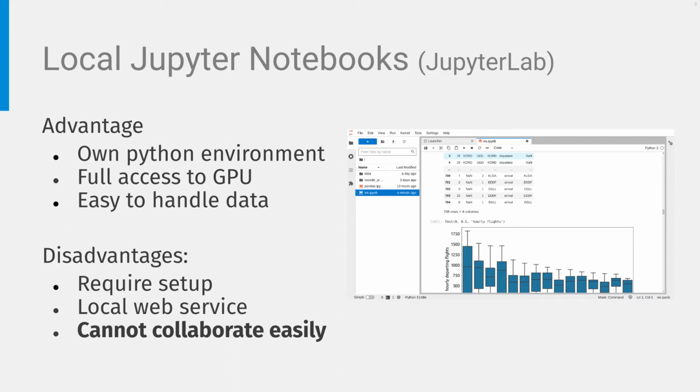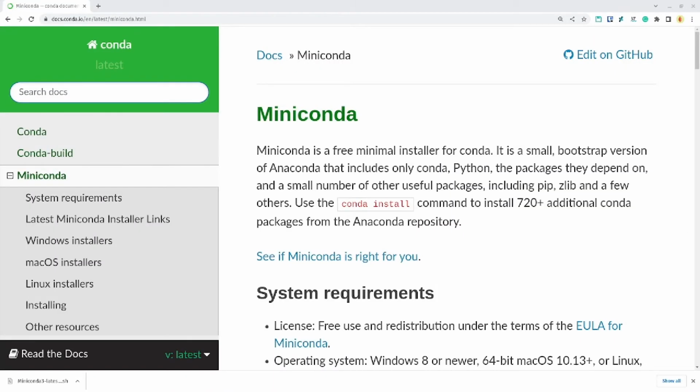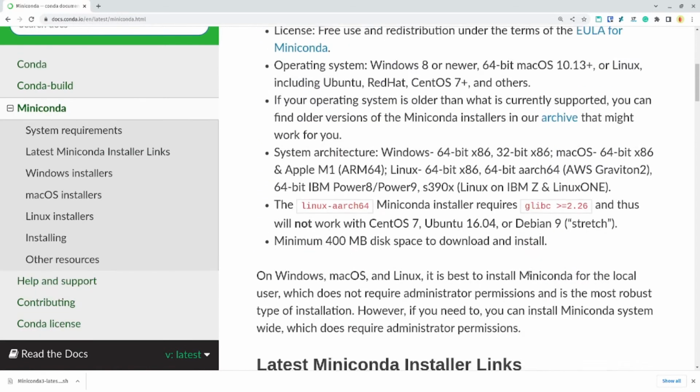I'm using a Linux operating system, but the steps should be similar for both Windows and Mac OS. So let's get started. First, you will need a manageable Python environment. I always recommend students use Conda to manage their own Python environments, since it is easy to create separate environments for different projects. Miniconda is a minimal installer for Conda, and I think it is always nice to start working on Python with a light environment.